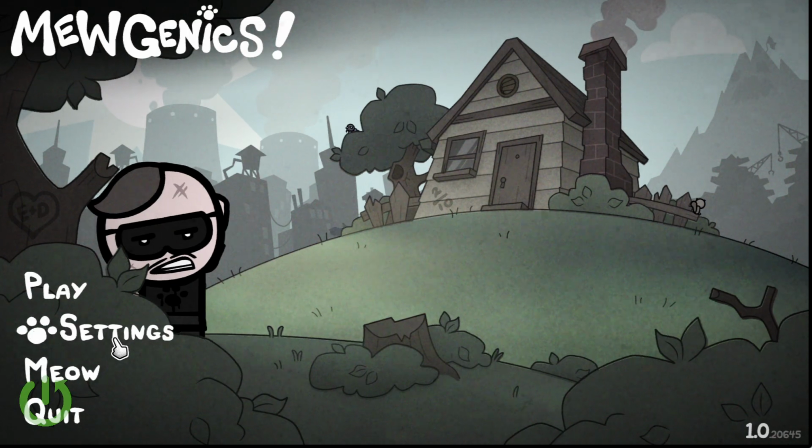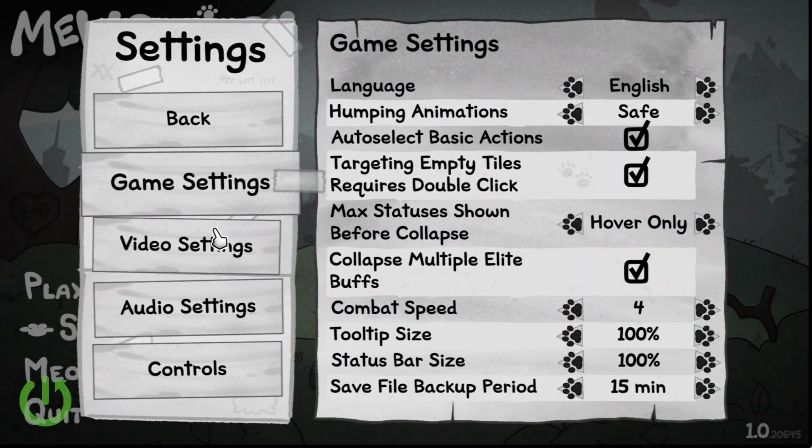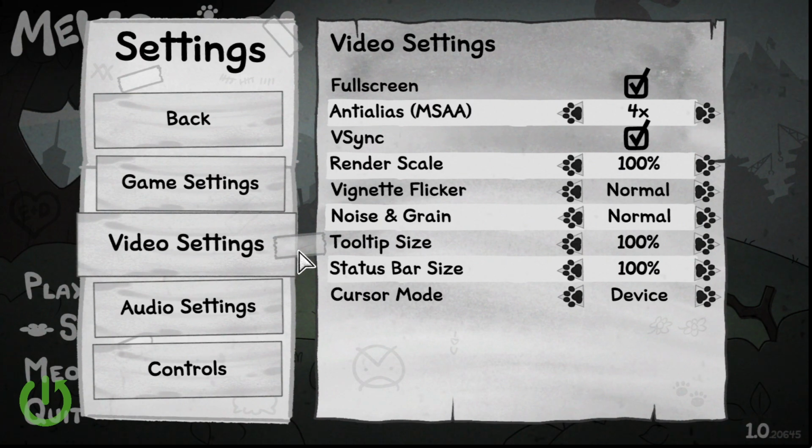Let's begin by opening the Settings menu, then navigate to Video Settings. Here you can change the render scale. It is set by default to 100%. It goes down to